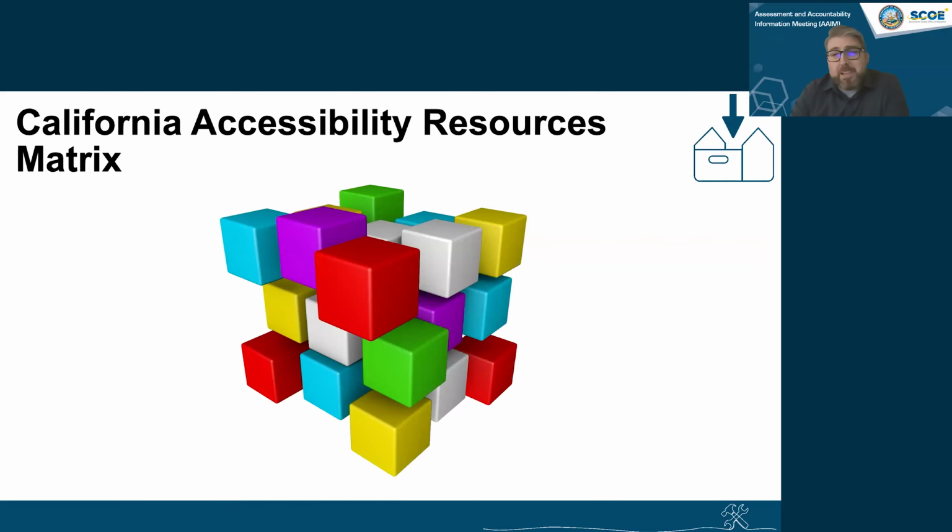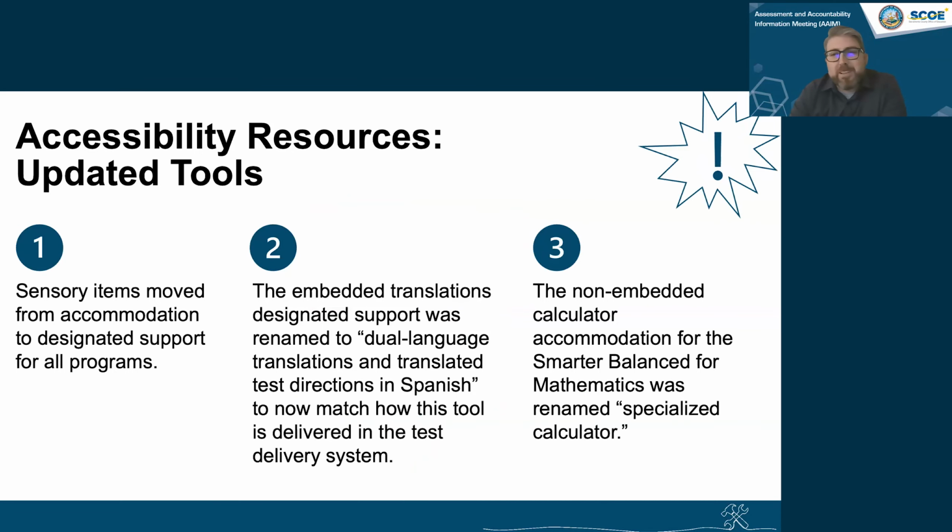All right, well, in sticking with our theme today, one of the most important tools in your toolbox when it comes to CAASPP and ELPAC is the California Accessibility Resources Matrix, also known as just the Matrix. The Matrix describes all the accessibility options for students by each assessment. So I come to you with good news today. The Matrix has been updated for the 26-27 administration year. It has been posted on our CAASPP and ELPAC website, and a link to that is provided in the resource guide. Yes, lots of people happy about that, I'm sure.